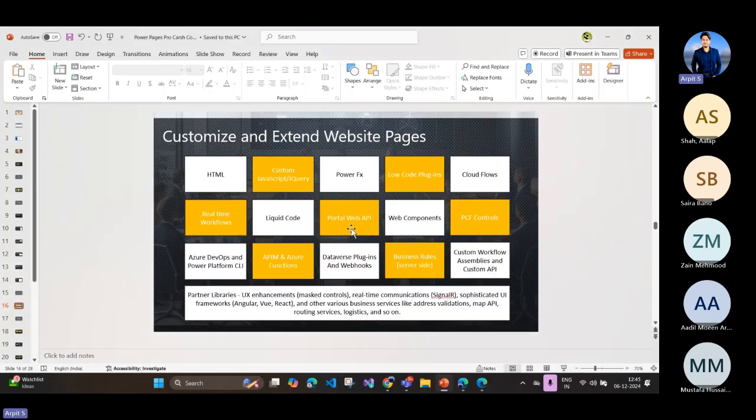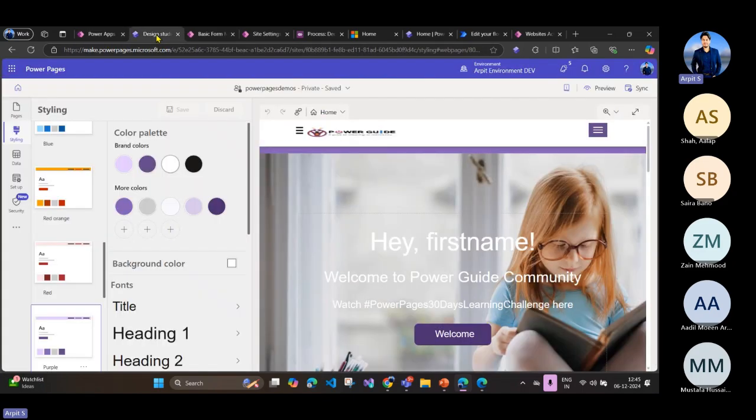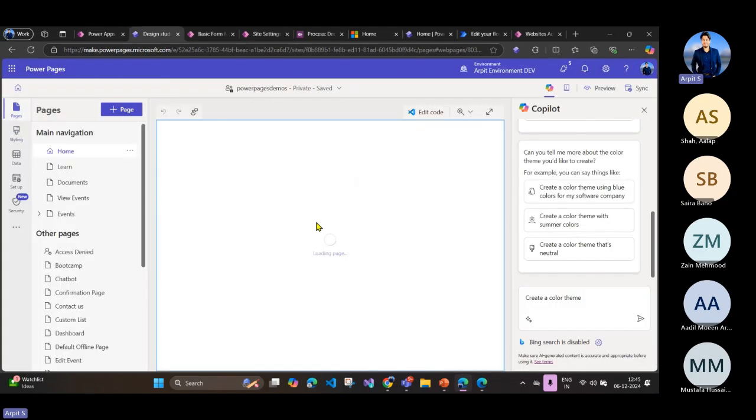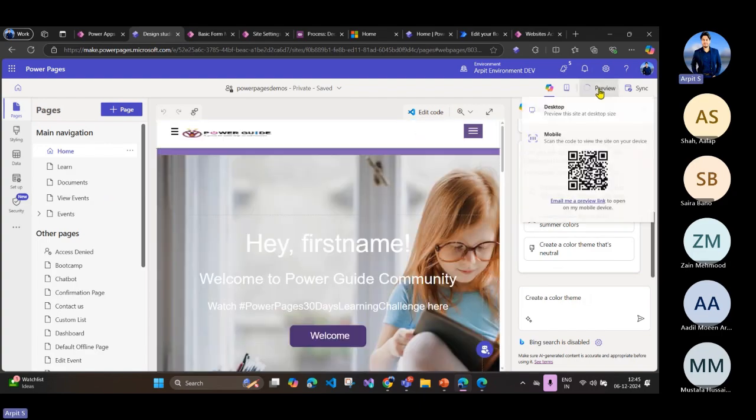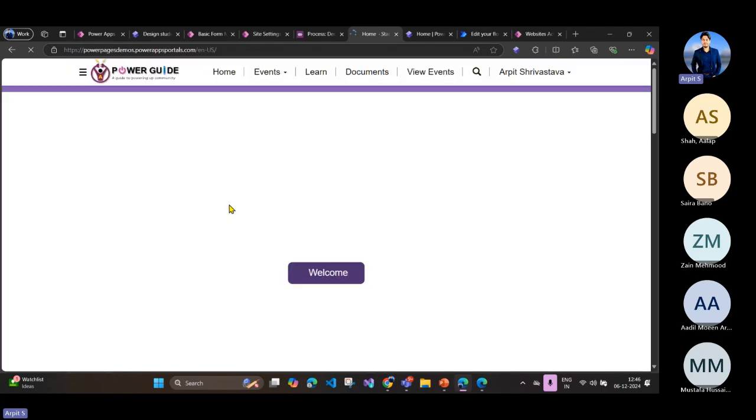So let me quickly show you one very good example. If I go to the Design Studio and go to the pages, and if I hit preview, this is just a very simple example I wanted to give you of how you can design your own custom page. I don't want to dive deep into all the out-of-the-box components like list and everything, but